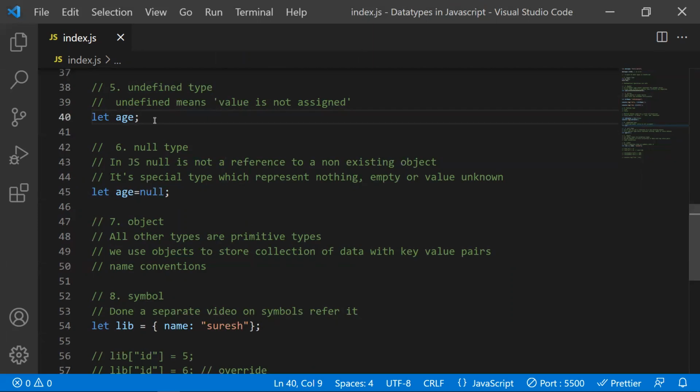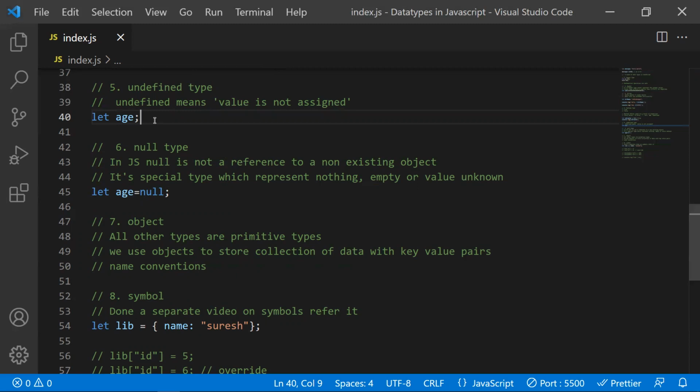So this is a main difference we need to understand between undefined and null. If you declare a variable and do not assign any value, JavaScript by default will assign it an undefined value. Okay, this is about undefined. Majorly, if you see in the errors that this function or this variable is not defined, it means you have not defined any value for that variable.